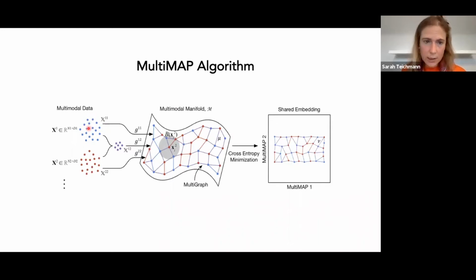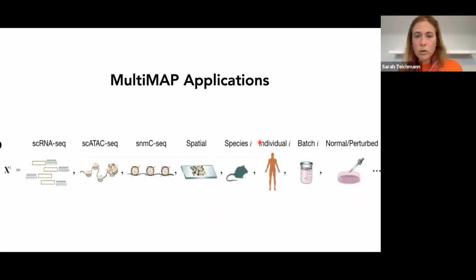So you can have multiple data sets from the same modality, or multiple modalities, more than two even. And it finds a single k-nearest neighbor graph and a shared embedding, which you can then use to go on to do clustering and so on and so forth. So you can see that basically the flexibility of this approach means that you could integrate RNA with ATAC, with NM-seq, which includes methylation, with spatial data, even across species,